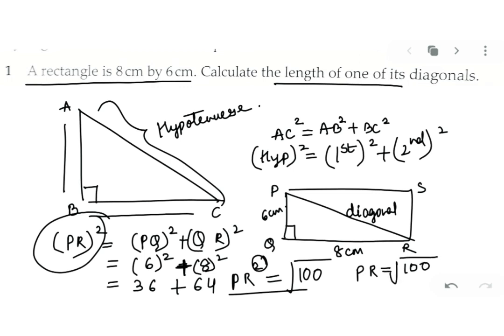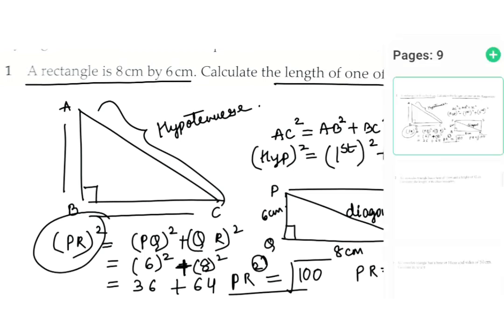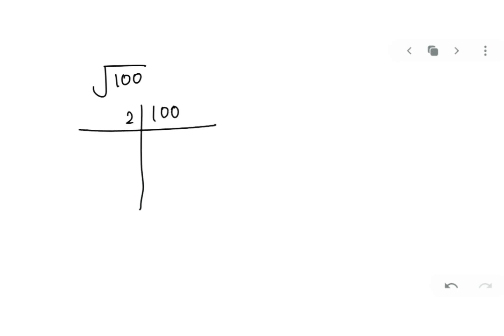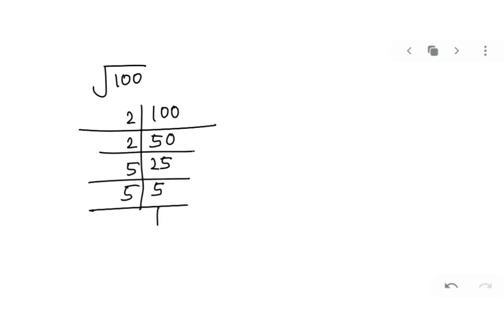Now my dear kids, how to find the root? Let's study that first. Root of 100. Many kids do not know how to find root. For them, you have to go with prime factorization. You have to find the factors of 100 and then we will make up the pairing. Let's see how. Here you can see that I have made factors of 100. So under root, 100 can be written as 2 into 2 into 5 into 5.